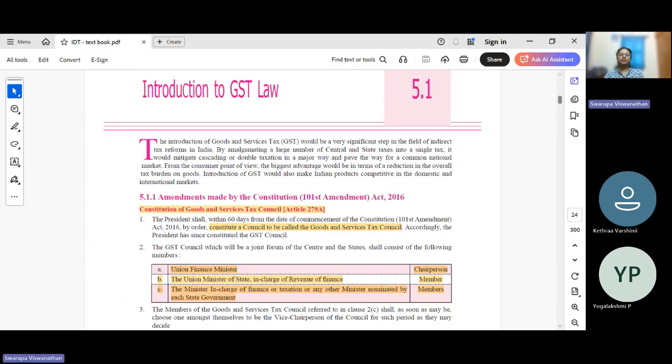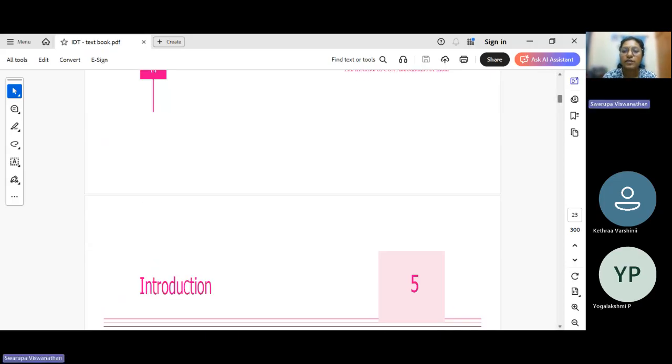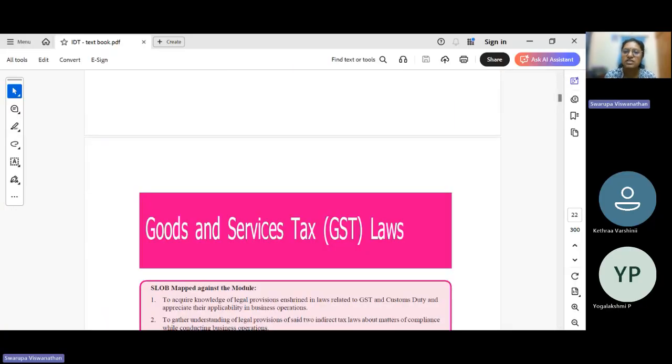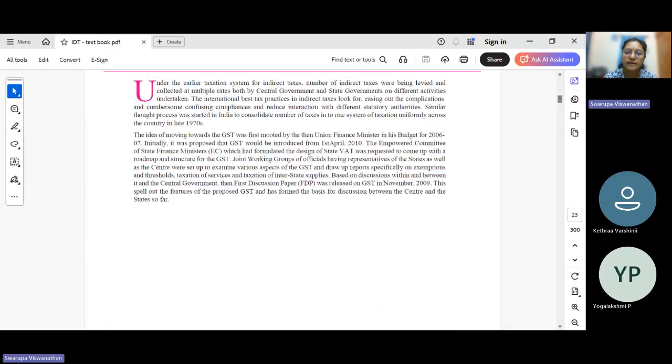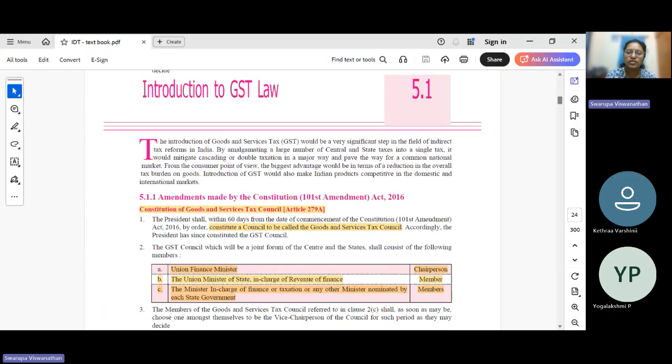Now, introduction to GST law. So in the first part, you can get certain questions about indirect tax. What are the advantages, disadvantages, and also some MCQs on the constitutional amendment. Then introduction to GST law, again, the first 2 parts of module 5, again covers the theory aspect only, and this was also covered under section, that question number 6, part A and B.